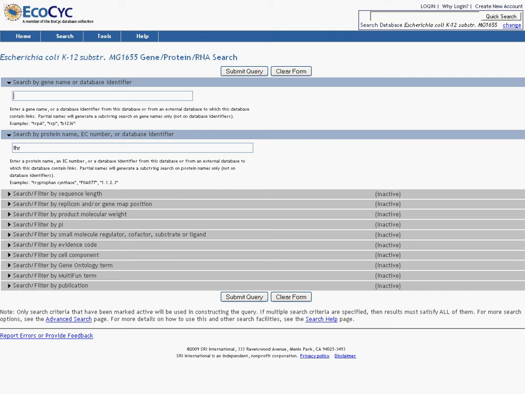You also, once again, have the option of a number of searches or filters down here. It's a big range. We can search or filter by sequence length, replicon, product molecular weight, isoelectric point, regulators, evidence codes, cell components, gene ontology terms, multi-fund terms, and even publications. Now, you're really going to want to play with this on your own, but let's take a look at screening